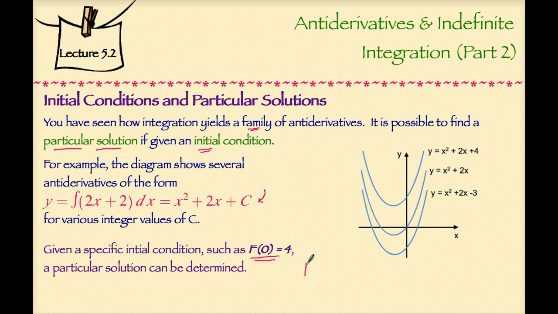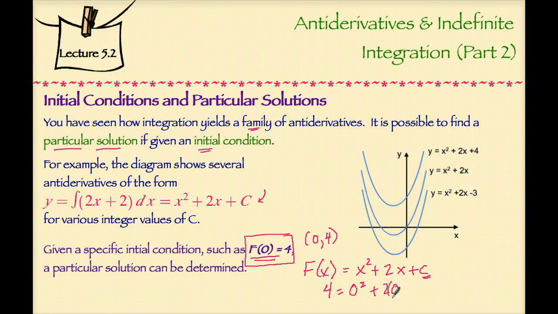So if our general solution is f of x equals x squared plus 2x plus c, let's use the fact that we're talking about the curve that has this ordered pair on it. The curve that has the ordered pair (0, 4) is the one we're looking for. And plug that in for x and the function value y in order to solve for our specific c. That means 4 will have to equal 0 squared plus 2 times 0 plus c, which means c has to